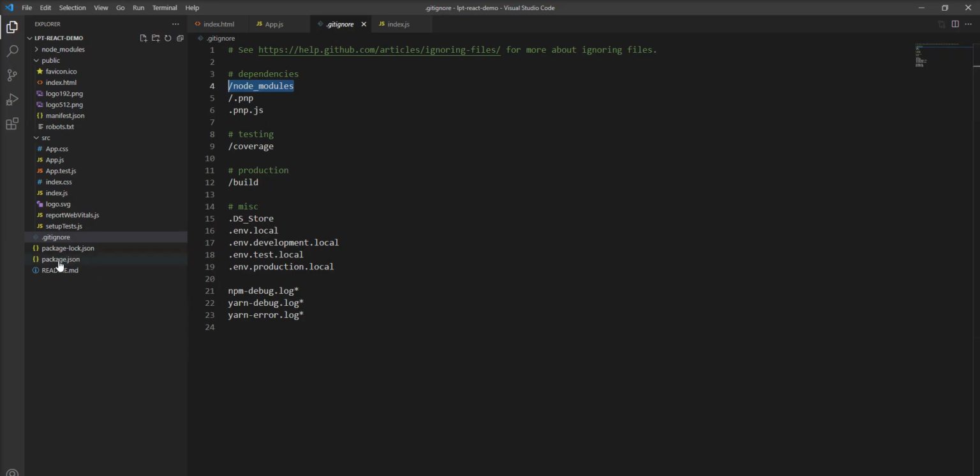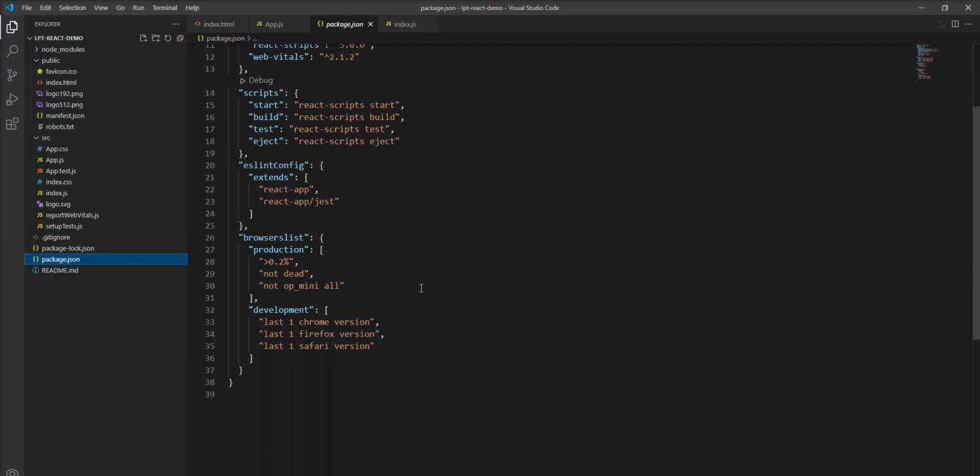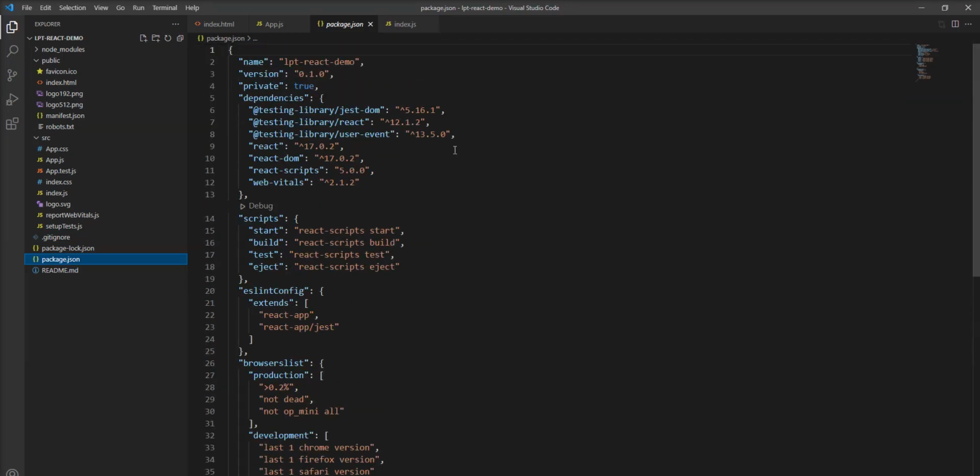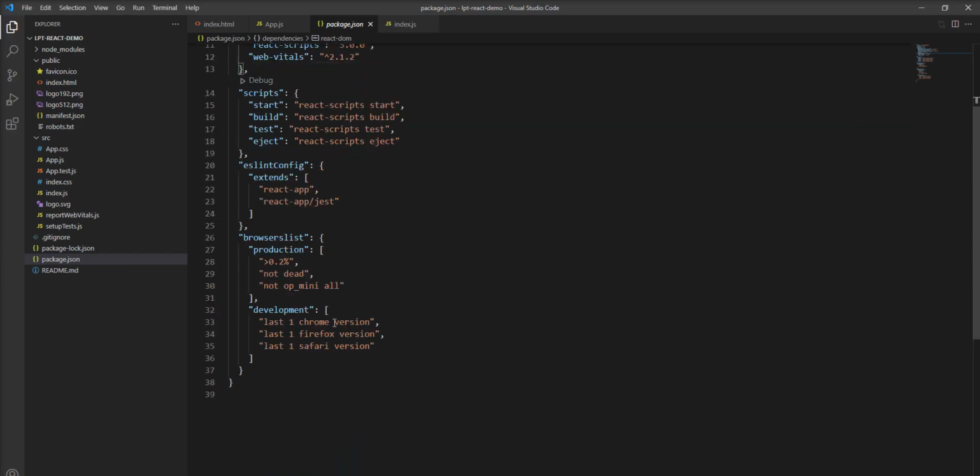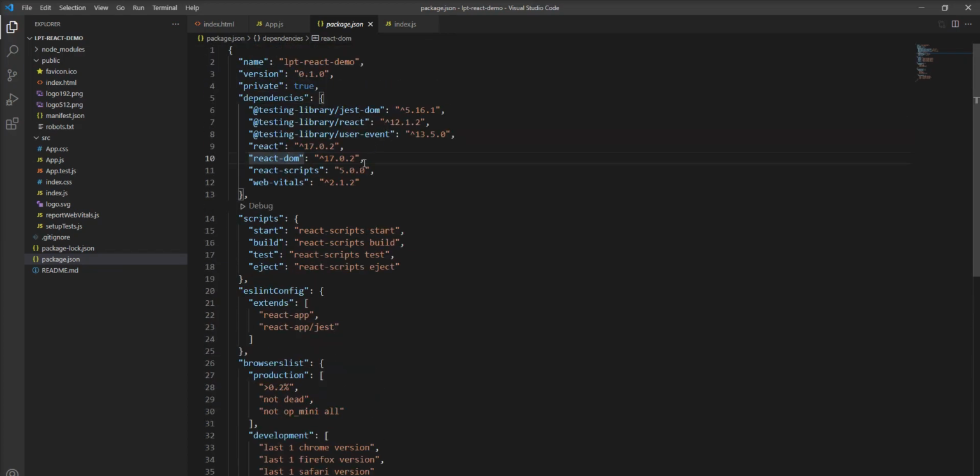And here is the package.json, which manages all the packages used in our React application. All basic packages are included inside dependencies. You can see here react-dom, react-scripts. So all basic packages are already installed, but other packages you need to install at development time. And here is the package-lock.json file.